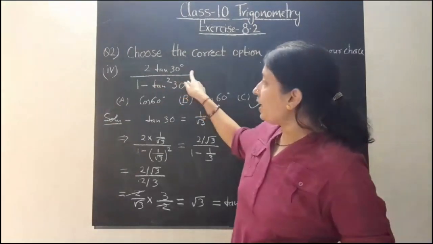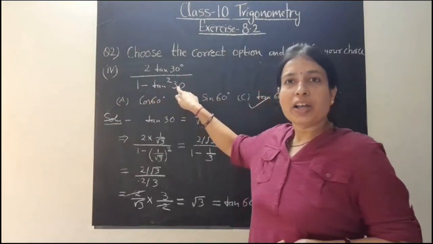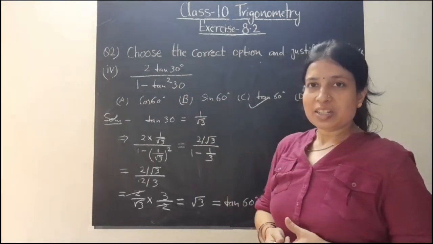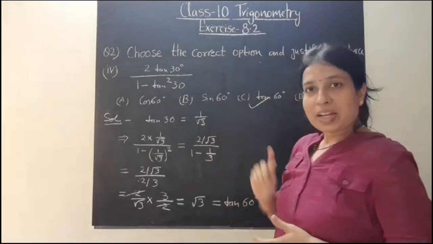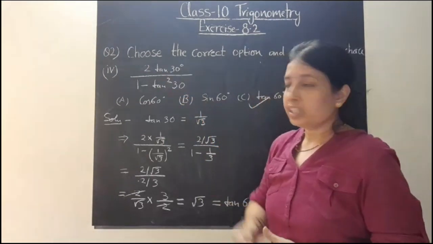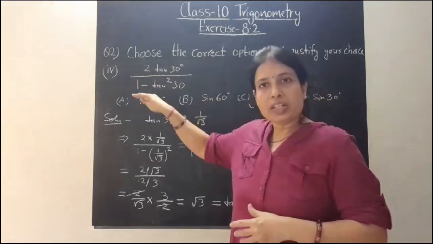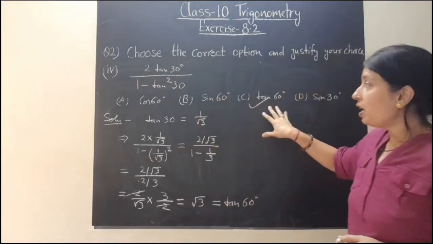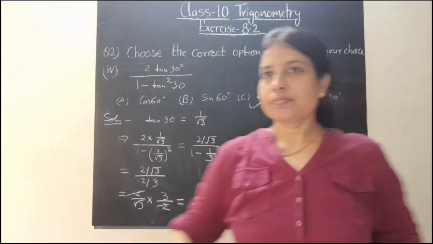वैसे 2 tan A divided by 1 minus tan square A ये फार्मूला होता है tan 2A का. तो वो हम नेक्स्ट एक्सरसाइज में आगे की एक्सरसाइज में पढ़ेंगे. अभी आपको नहीं मालूम है. अभी आपको केवल पता है कि tan 30 की क्या वैल्यू होती है. तो tan 30 की वैल्यू पुट करके हम इसकी वैल्यू फाइंड आउट करेंगे. ओके, सो आंसर होगा आपका tan 60 डिग्री.